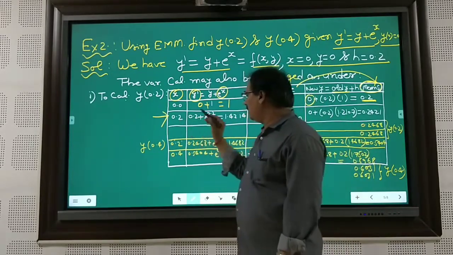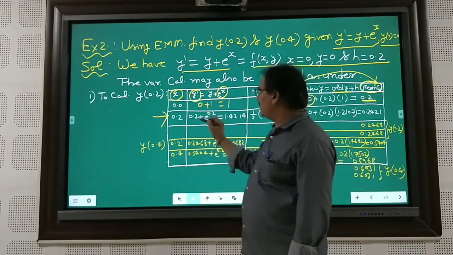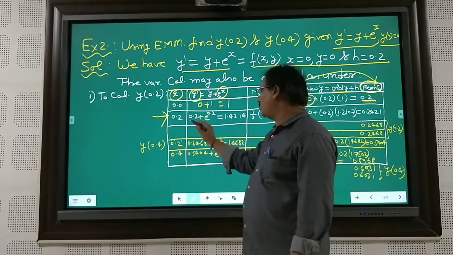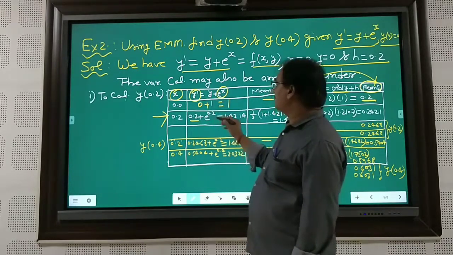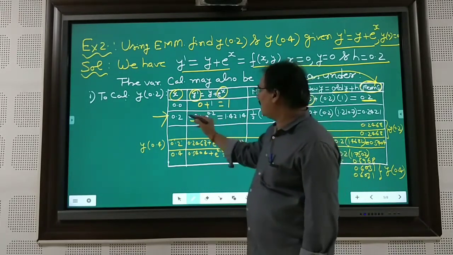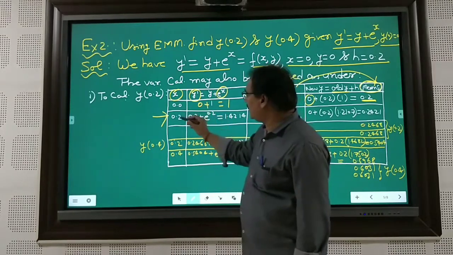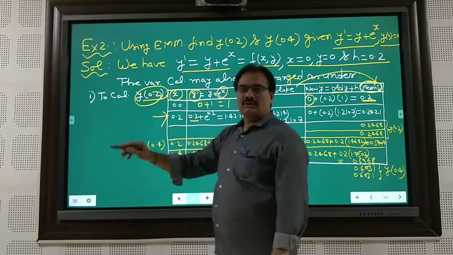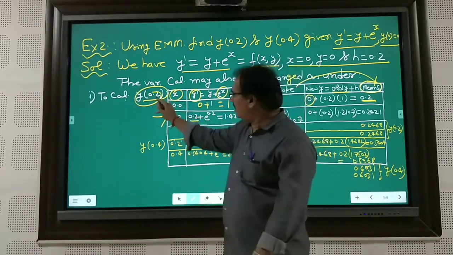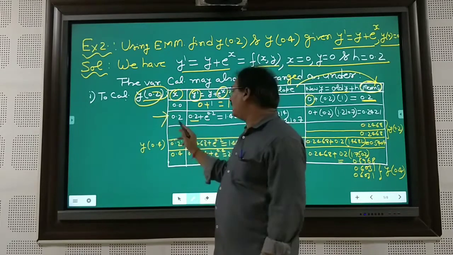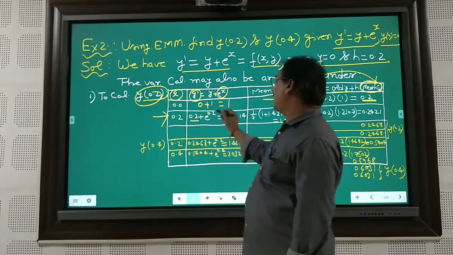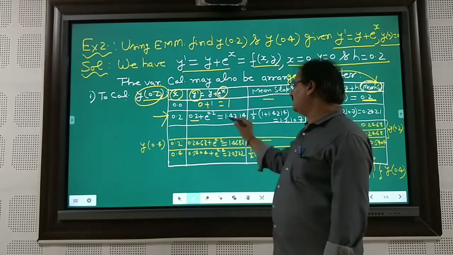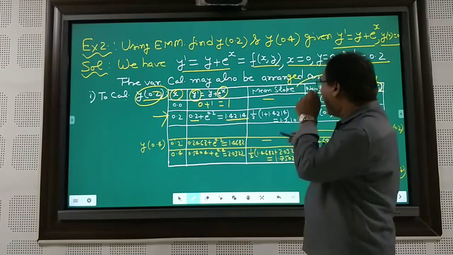So 0.2, then you look here, y is again y plus e power x. So this value becomes 0.2 plus e power 0.2. The e power 0.2 and this 0.2, how? This is required also, no? This is required also. So here we are doing the calculation for y at 0.2 as desired. So 0.2 plus e power 0.2, that is this value. So after adding this, you will get 1.4214, and now the mean slope.